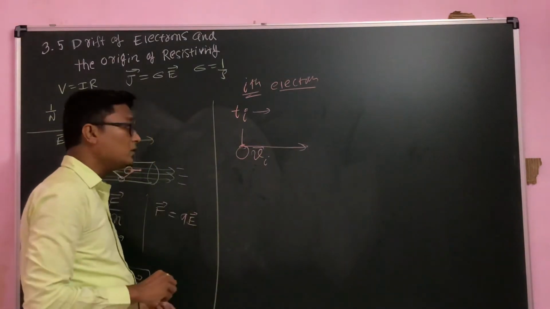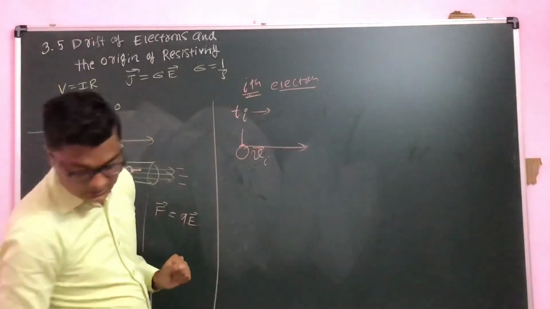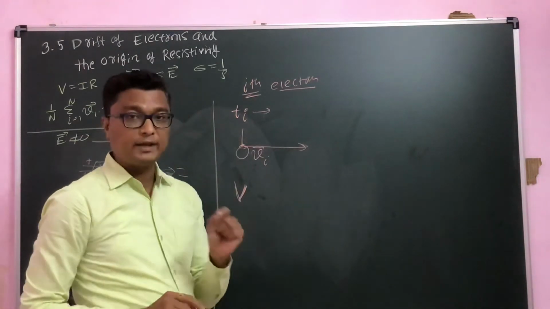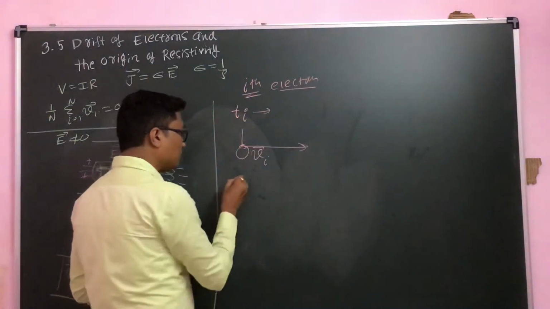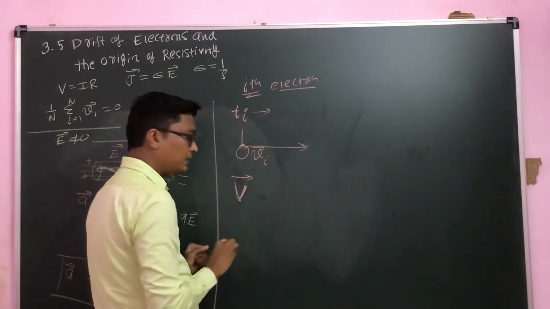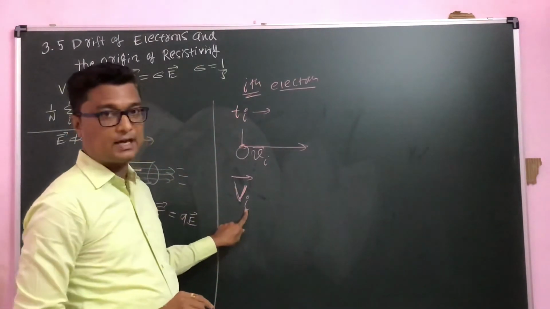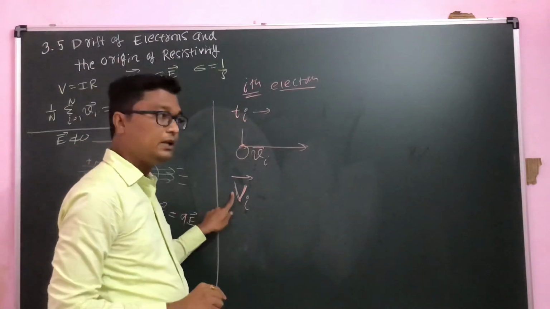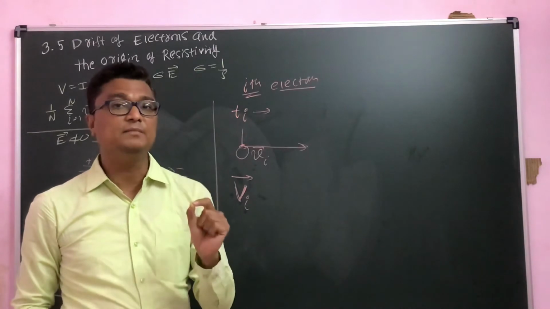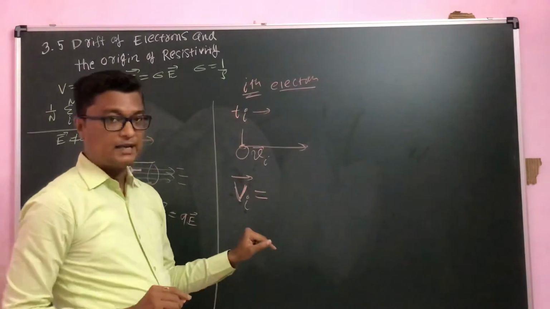So if I want to find out its velocity at time t, तो velocity at time t दिखाने के लिए I am using the capital V. बुक के हिसाब से सिंबल लिख रहे हैं यहाँ पे, राइट? तो it is capital V, वेलोसिटी है तो वेक्टर से दिखाएंगे, और किसकी वेलोसिटी है? ith इलेक्ट्रॉन की, इसीलिए हम Vi से दिखा रहे हैं. What is this? Velocity of ith electron at time t, which can be given as,